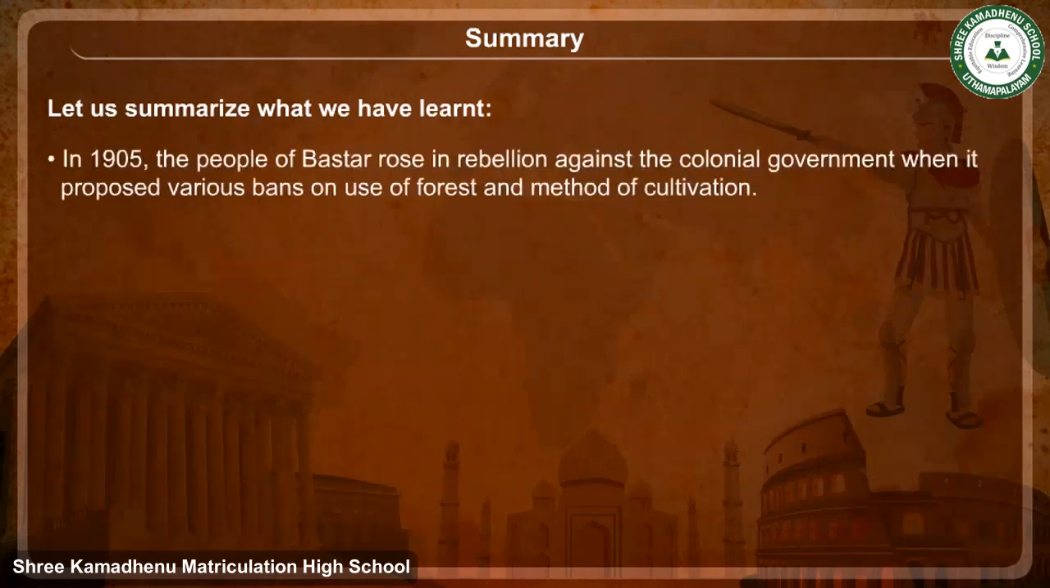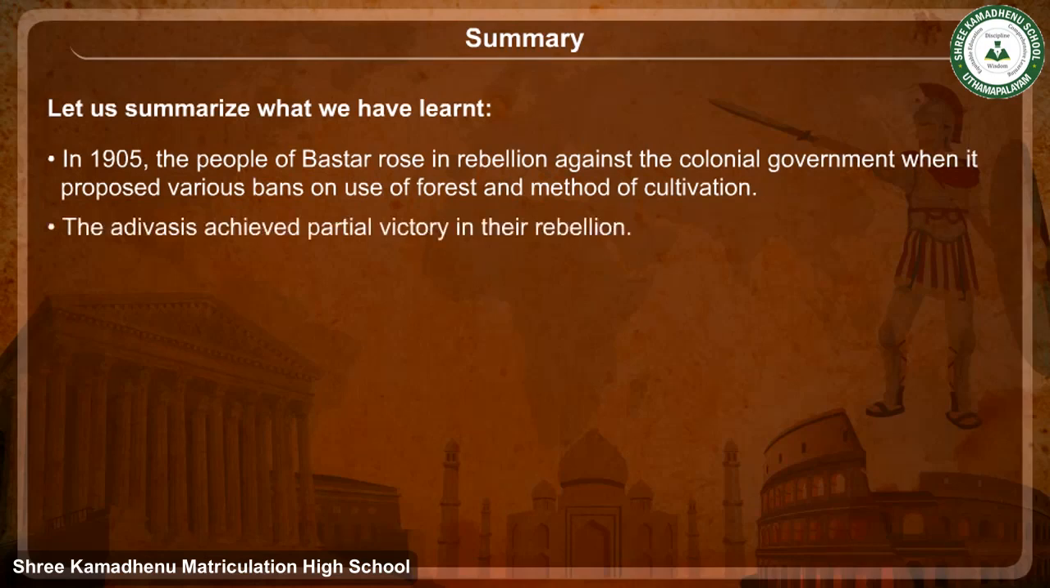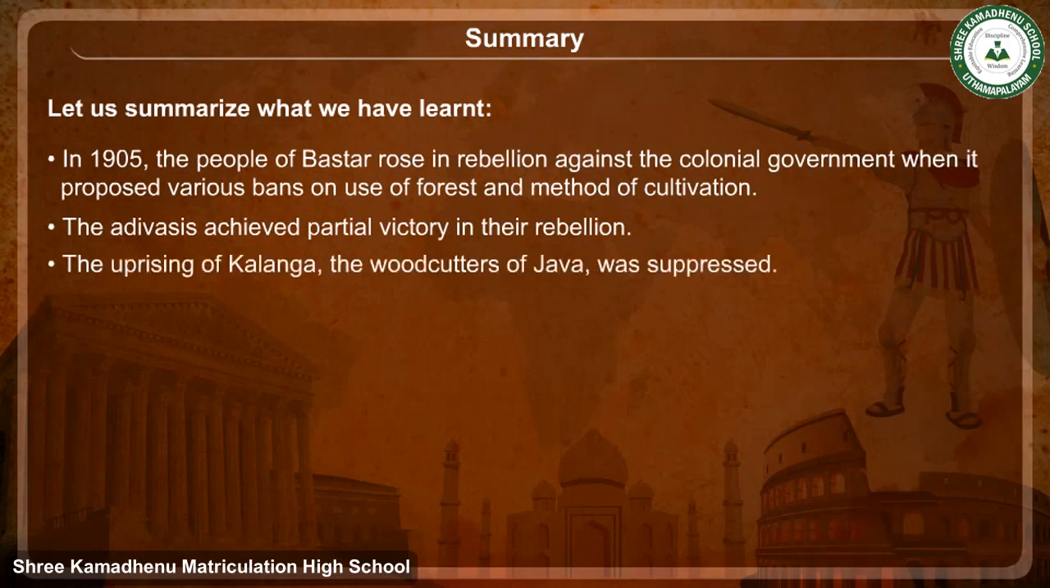In 1905, the people of Bastar rose in rebellion against the colonial government when it proposed various bans on use of forest and method of cultivation. The Adivasis achieved partial victory in their rebellion. The uprising of Kalanga, the woodcutters of Java, was suppressed. The Dutch colonizers